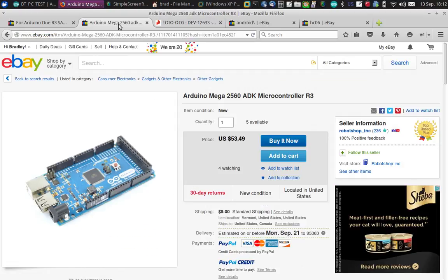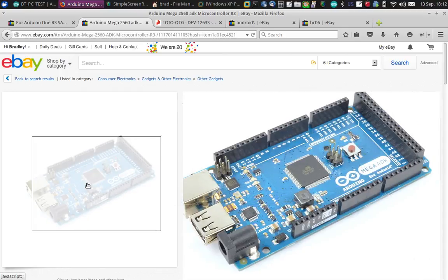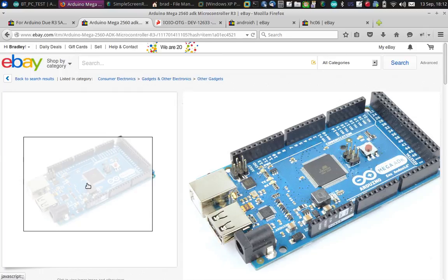So my first board that I bought was the Arduino Mega 2560. I buy all my stuff on eBay. Like many other Arduino boards, the 2560 uses an Atmel microcontroller, and has pulse width modulation, analog input, digital input and output, SPI and I2C, and UARTs. I like the Mega because it has the most pins, but it's essentially a regular